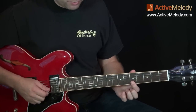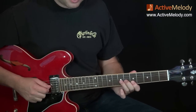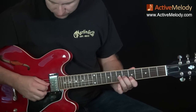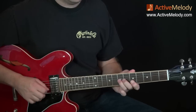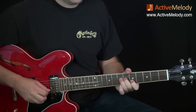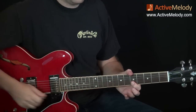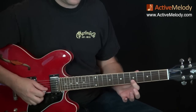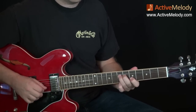So I'm taking my pointer finger and pushing down on the 5th fret 2nd string, and then my ring finger comes to the 7th fret 3rd string. I'm going to do a full bend on the 7th fret 3rd string here, and I'm going to match that note here. So all I'm doing is, you can see this stays down the whole time. So don't try taking this pointer finger off. Just lock it down on the 5th fret 2nd string, and then just let this finger just...